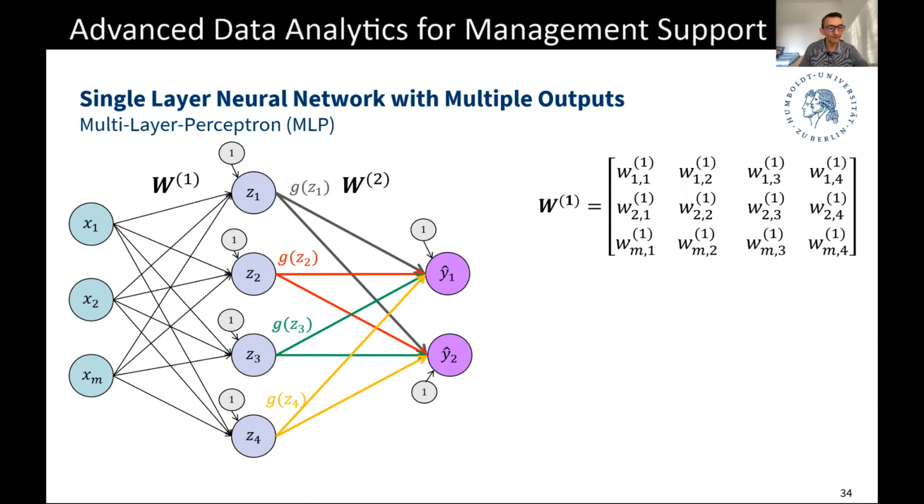I have added some more slides in order to detail these matrices a little bit so that you can really dive deep into the computations and follow along. So this would be the shape of our weight matrix W superscript 1, where we have m by 4 in this example, or more generally, if we agree that the number of hidden units in the hidden layer is d, we could say our first weight matrix has dimensionality m by d,